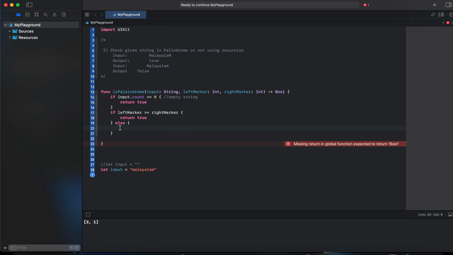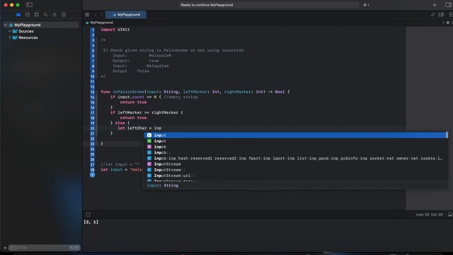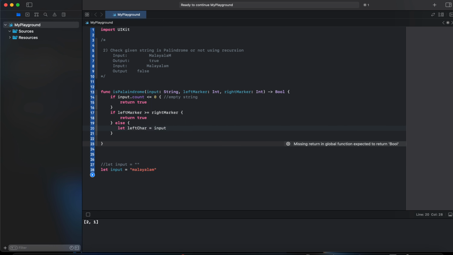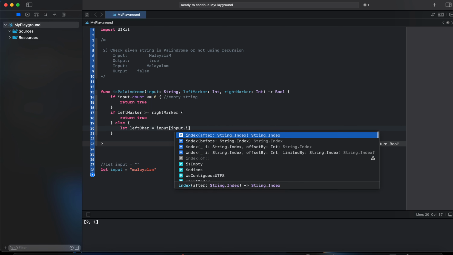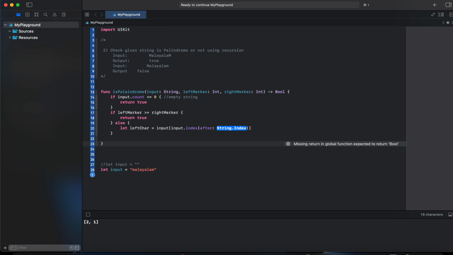So let me get that character. So the left character, okay, let's make it short. Left char, input a string, and then I need to, yeah, input dot index, and